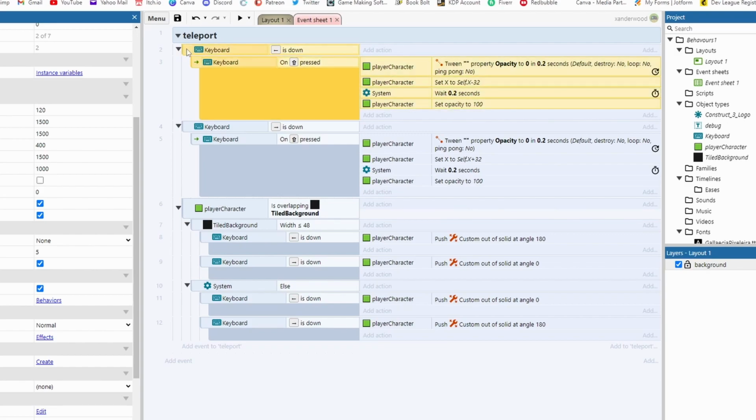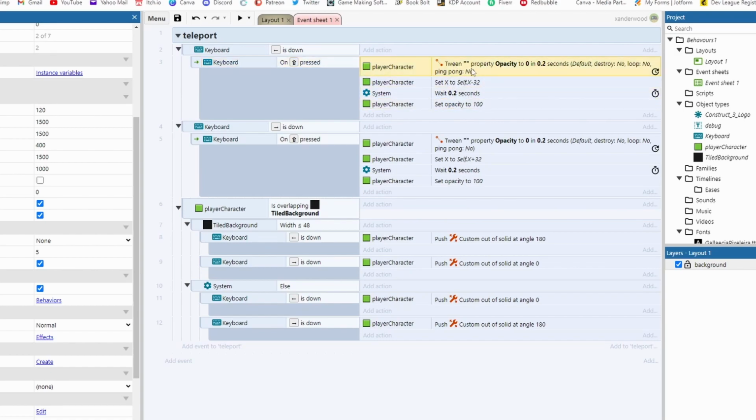So I've got on keyboard, left arrow is pressed, which is what controls the movement of the character. That could be anything that you want. So if you're using WASD, it could be the A key, for example, but in this example, the arrow keys move. And then I've put down underneath this in a sub event, if we press the shift key, then we